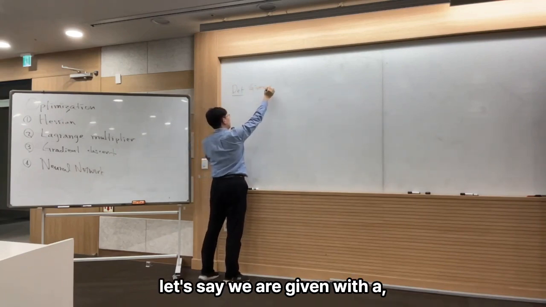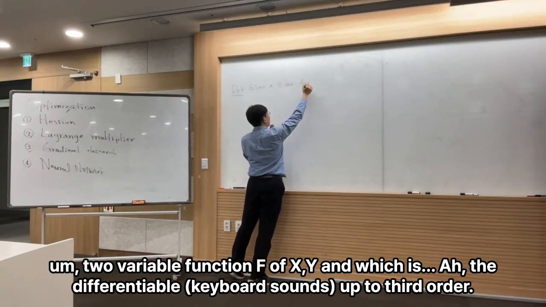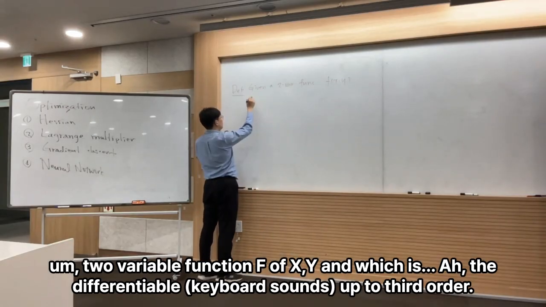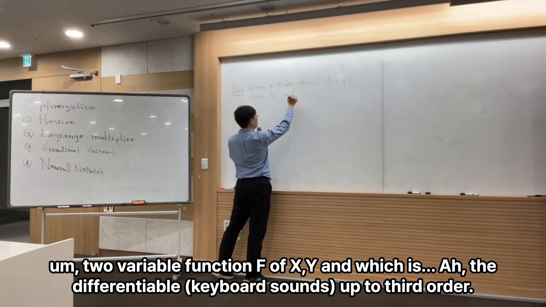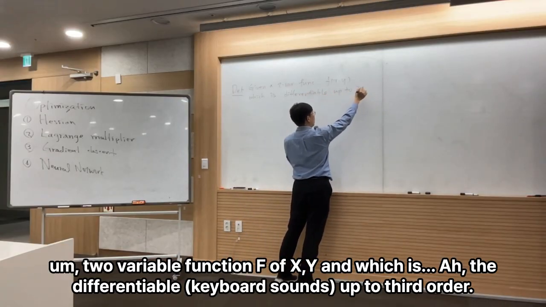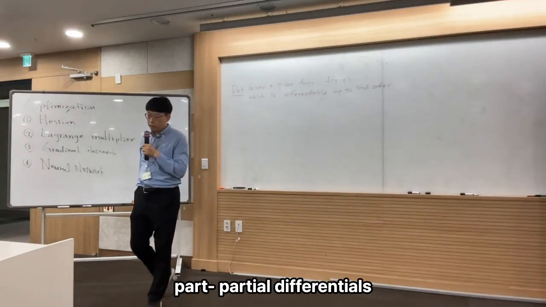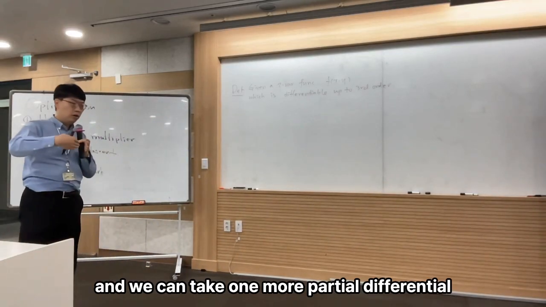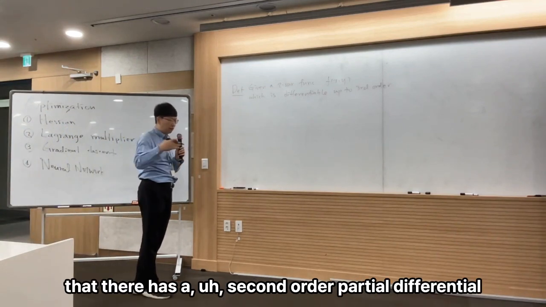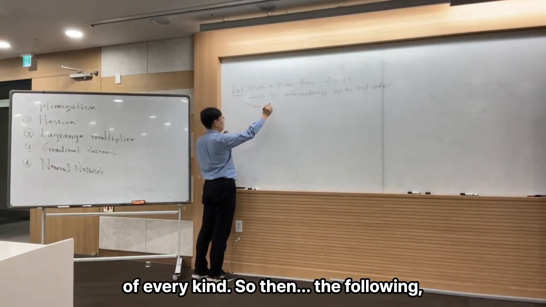So let's say we are given a 2-variable function f of x, y, which is differentiable up to third order. Which means that there are second order partial differentials, and you can take one more partial differential of the second order partial differentials. So you can just say that there is a second order partial differential of every kind. So then the following